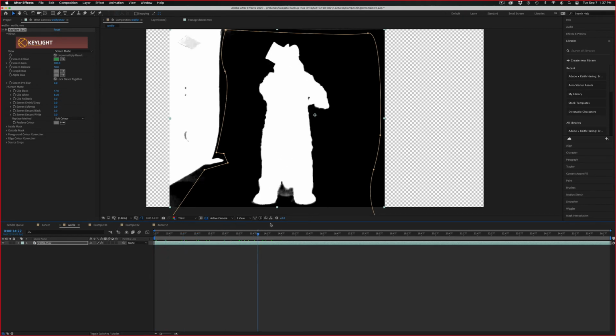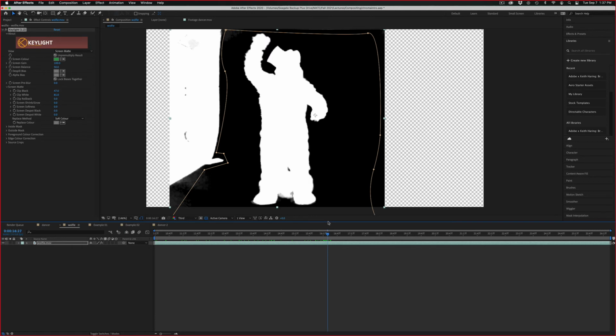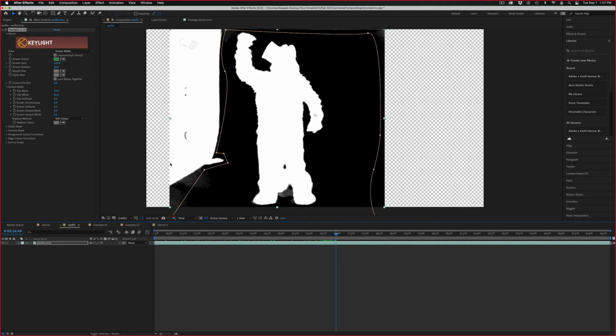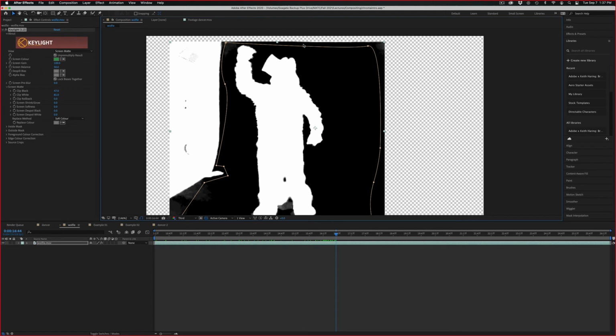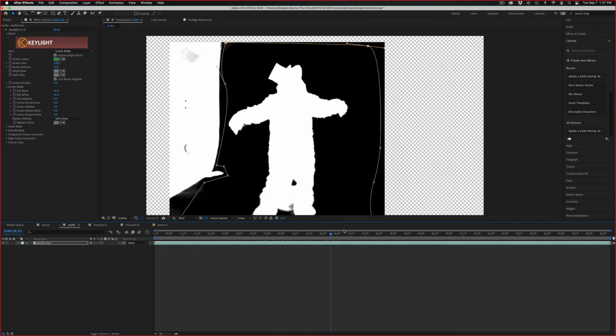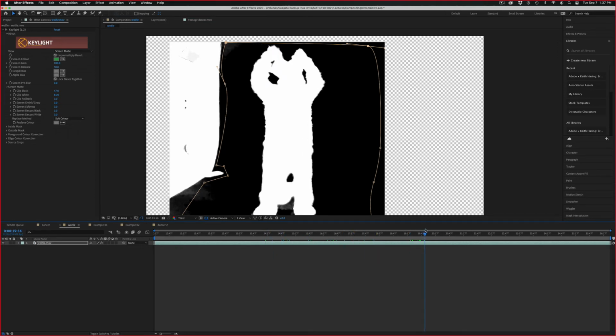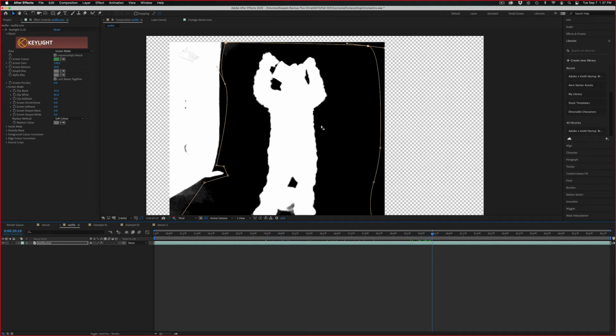So if you scrub through, if something were to change, like if there was a big lighting shift, that would definitely be difficult to continue keying, but you can animate any of these settings. So if you needed to change the way something clips or the expanse of something or the feather of something, you totally could. So obviously if there's a lot of change, we can animate that change. That looks pretty good, but like I mentioned, he does have a lot of fur. So if we go back to final result,